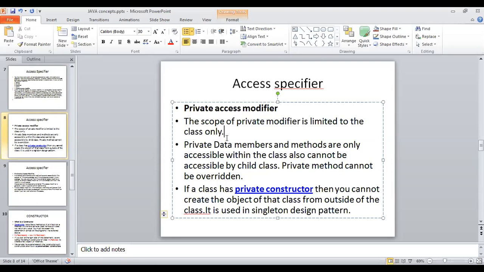No other class can, even if it is in the same package or another package, it doesn't matter at all. Private data members are only accessible within the class. Okay, and private methods cannot be overridden.